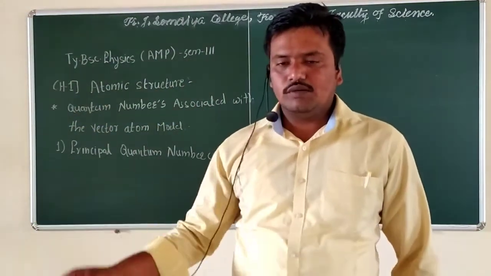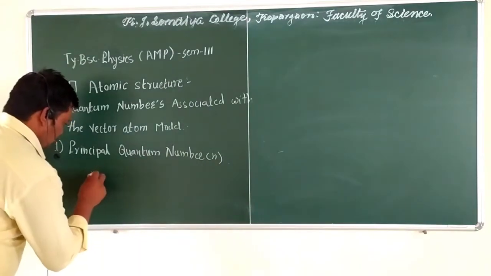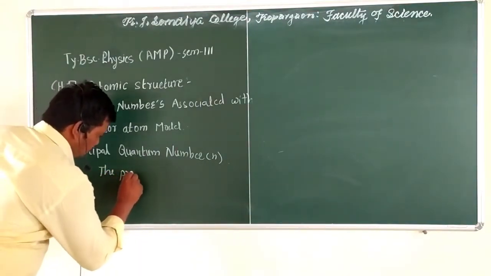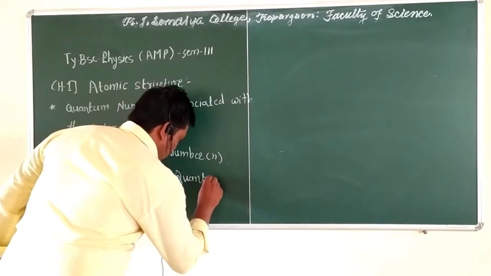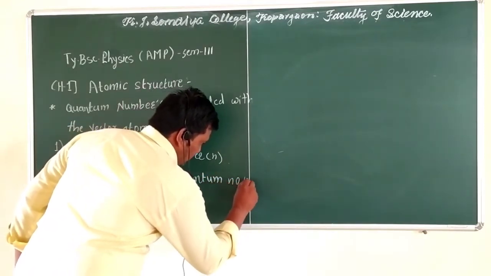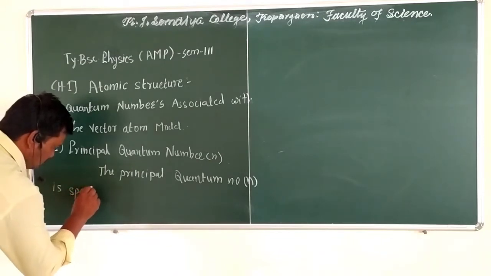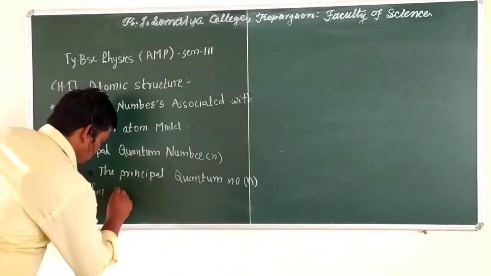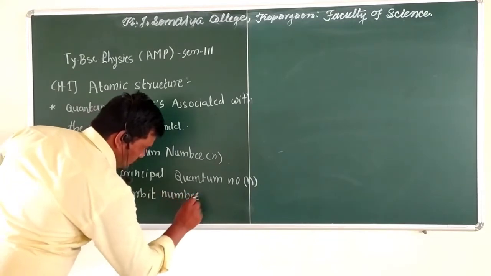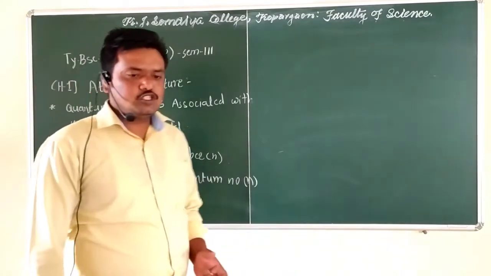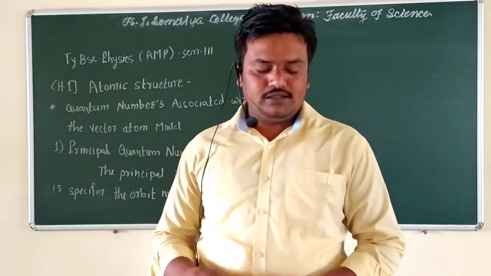This principal quantum number, small n, specifies the orbit number, and the size of the orbit and the